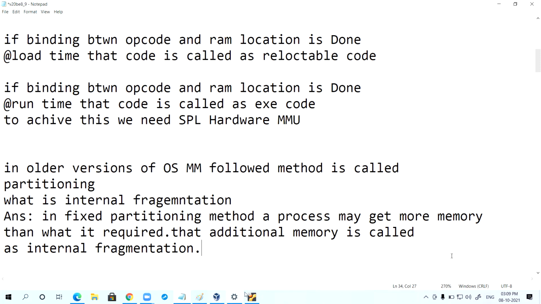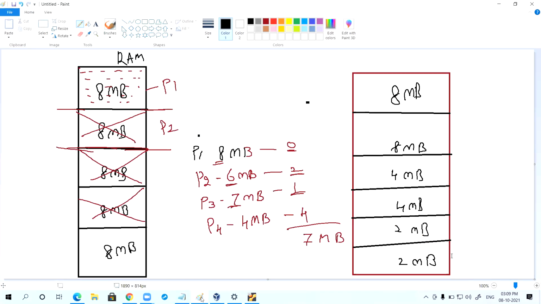Can you tell me, in these two cases, suppose this is also 8 MB, suppose this is 6 MB, this is 4 MB, this is 2 MB.